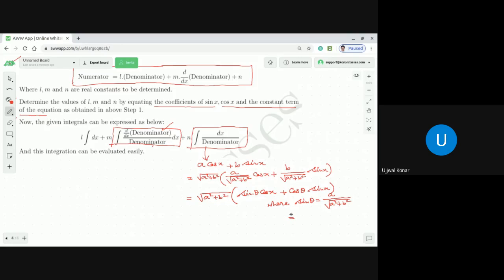So that will eventually make cos theta equal to b by square root of a square plus b square. I hope I don't need to explain, because we know cos square theta plus sin square theta is equal to 1. Yes. But then eventually what we'll get? We'll get square root of a square plus b square into sine of theta plus x. Correct, no? Sin a cos b plus cos a sin b. Then 1 by integration dx by sine theta plus x, that you can easily integrate using the knowledge we have learned so far. Integration of cosec x dx, that kind of formula.